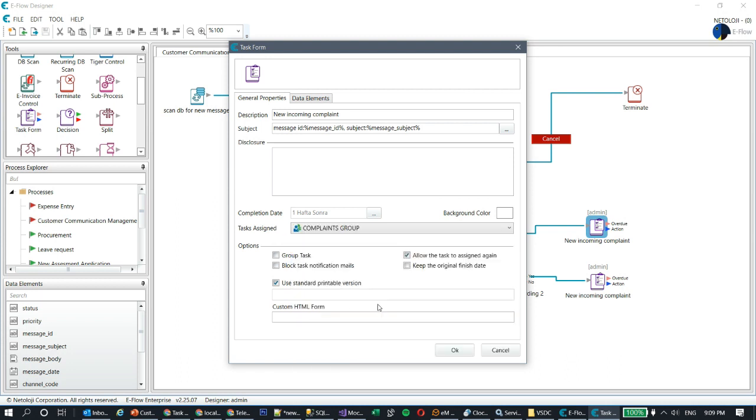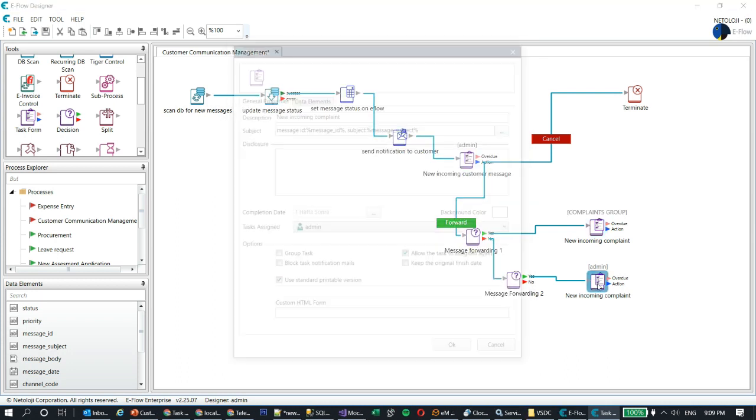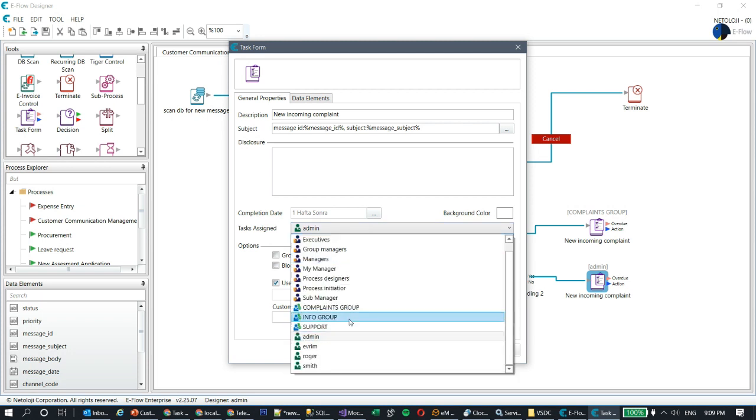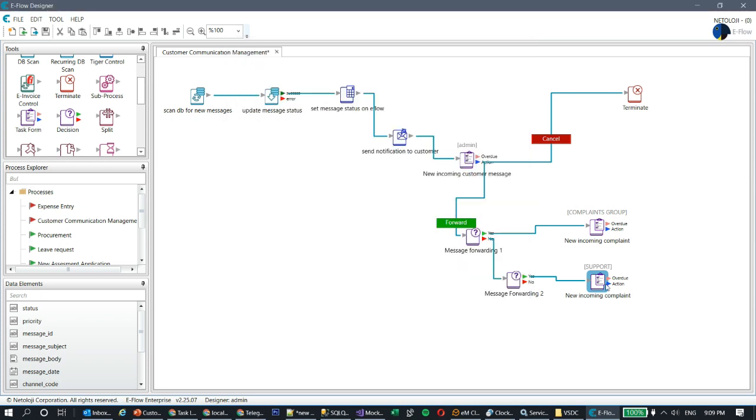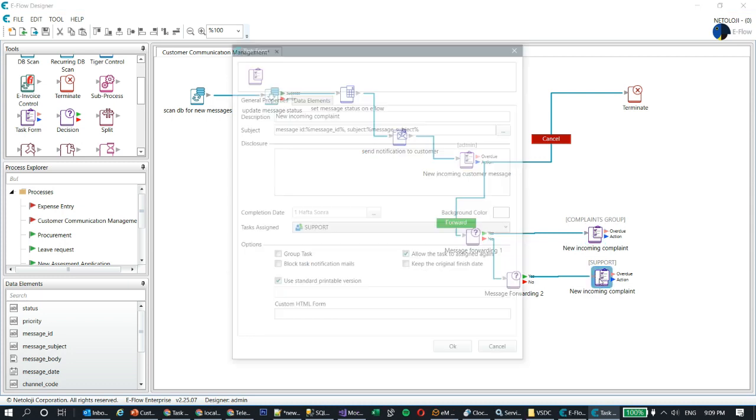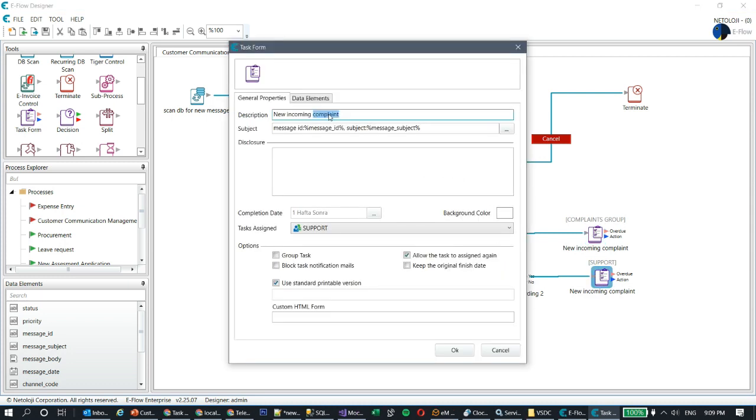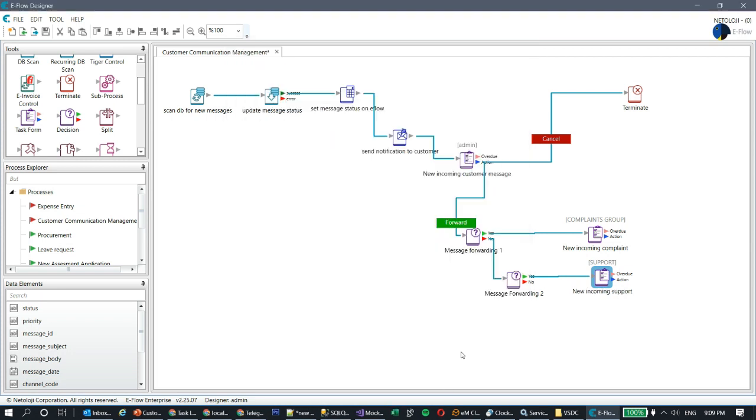It will be complaint group, and then it will be here support group. So in order to see the new groups, I have to save my process, and I'm gonna copy it after naming, of course, support task one, and then this will be